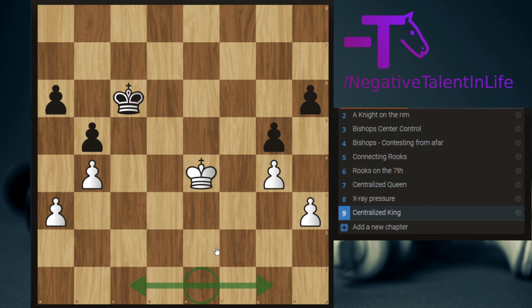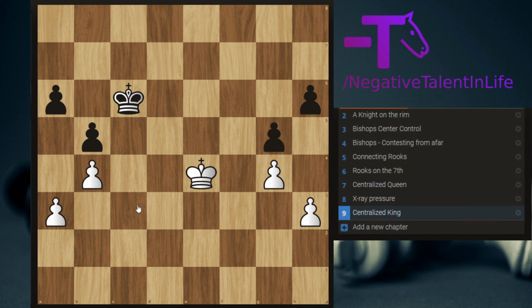But in the end of the game, you actually really want your king to be in the center of the board. In fact, it's one of the most important things you can do. As soon as the endgame is starting, you should try to move your king to the center. There are other moves that might be better, but usually that's very strong. And we're going to see right here, even pawns,